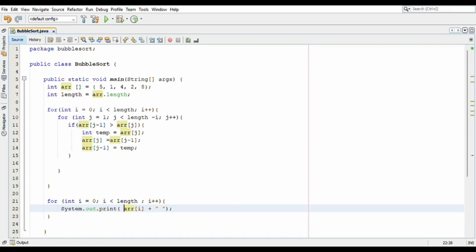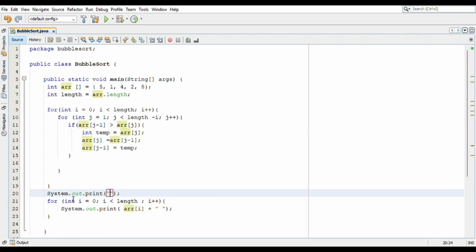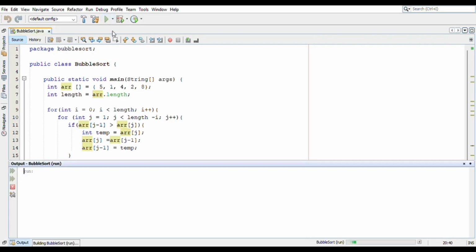And I have to print this statement over here once again, so we will have to print a statement over here, System, and I'll say sorted array over here. And so let's try to run again. So as you can see guys, it's already sorted and it is 1, 2, 4, 5, 8.